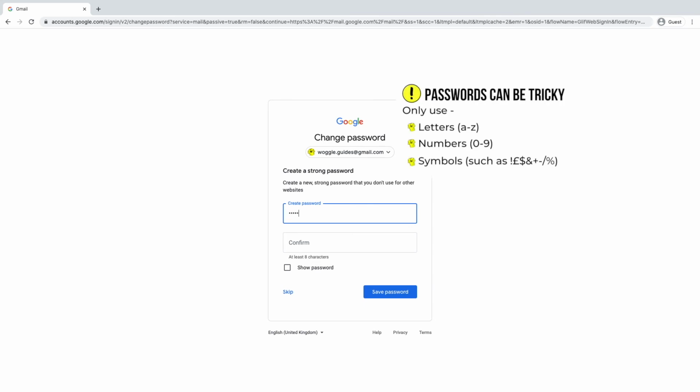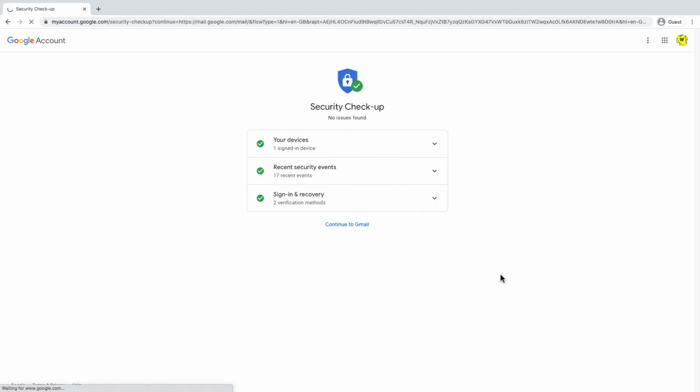Now, as always, this needs to follow the criteria shown on the right, and it needs to be entirely unique. So don't enter a password that you've previously used. So let's see if that's accepted.